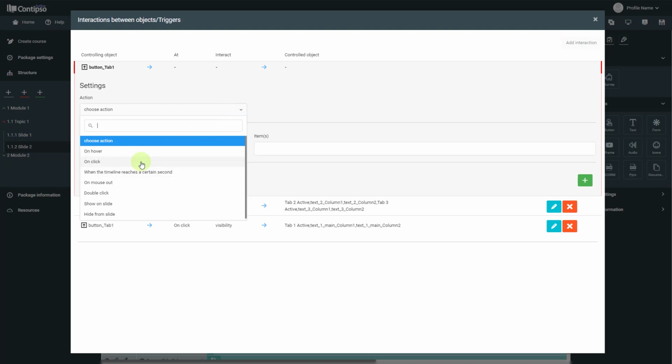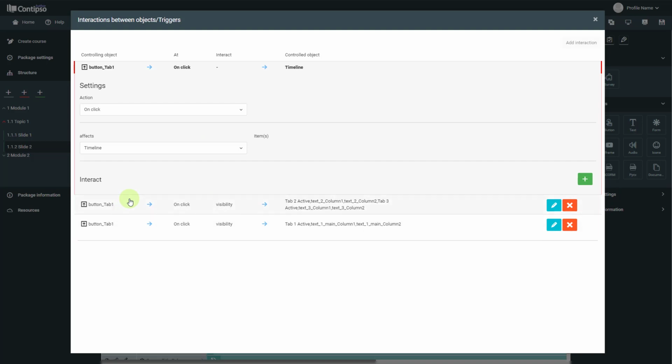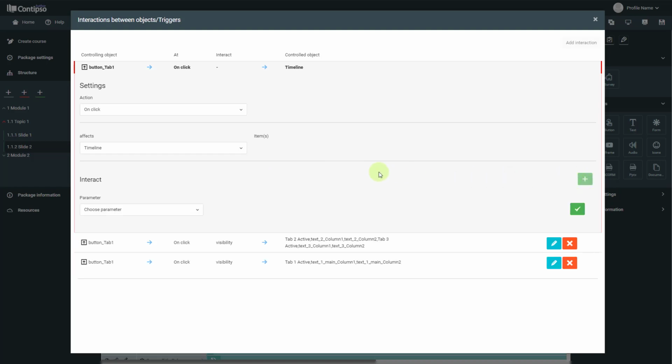On click, to affect the timeline, as you see, these are for the visibility of the button and they are for elements, but now we selected timeline, which is a completely different category of automations because it does not affect elements that much, but rather the timeline and audio. And we choose the parameter go to